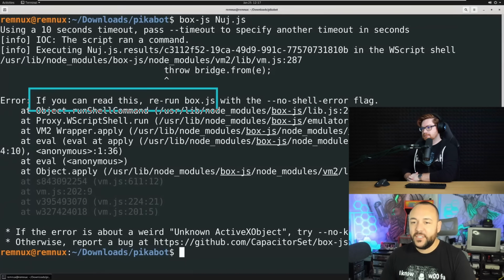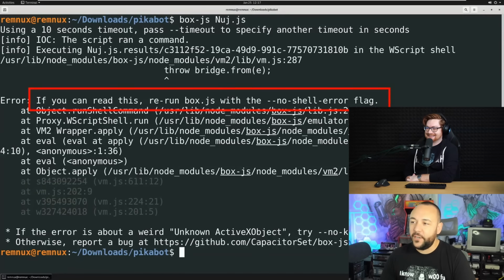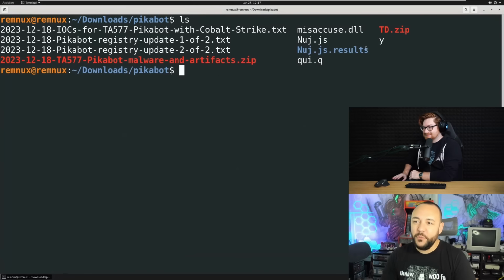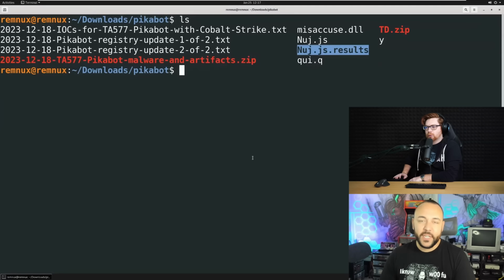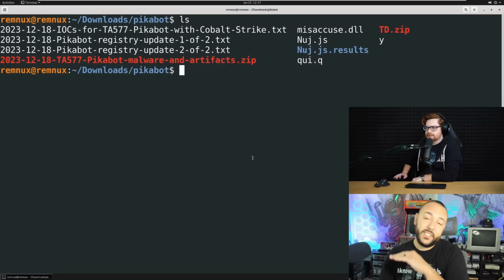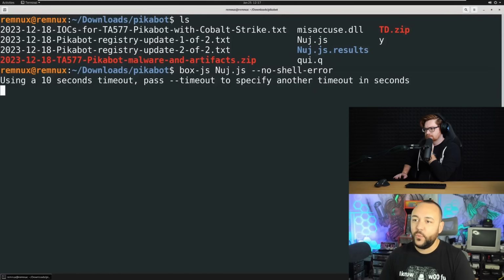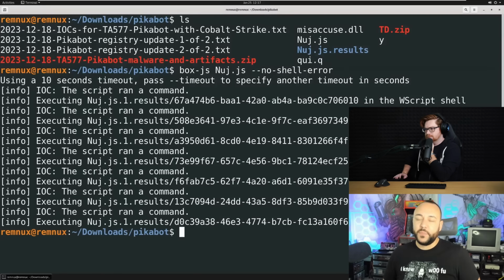You might notice this line says, rerun box.js with no shell error flag. So I'll go ahead and do that. What you might also notice is that it's actually created a directory. This directory is where it would have its results, but it didn't get to run through the full thing. So I'm just going to provide it that parameter that it asked me to give it, and when we do that, it will successfully complete.